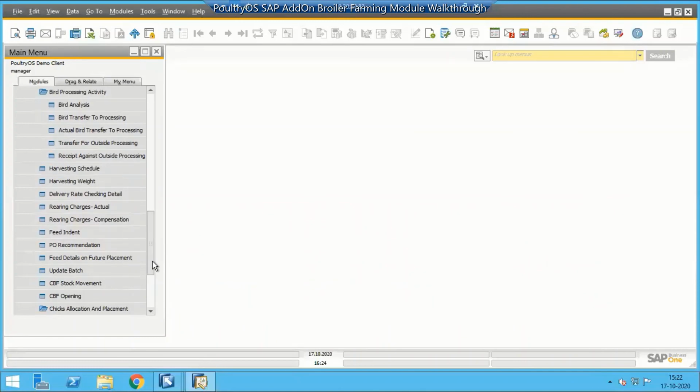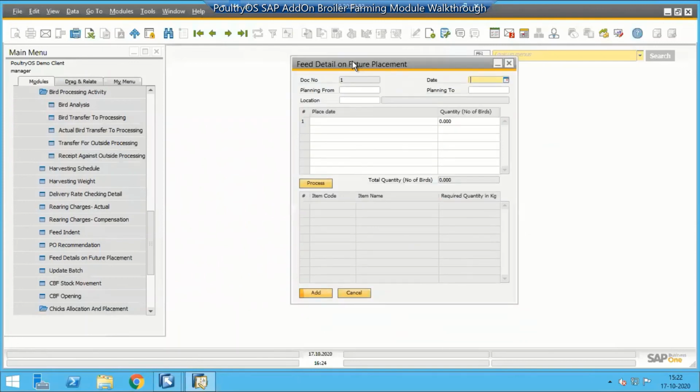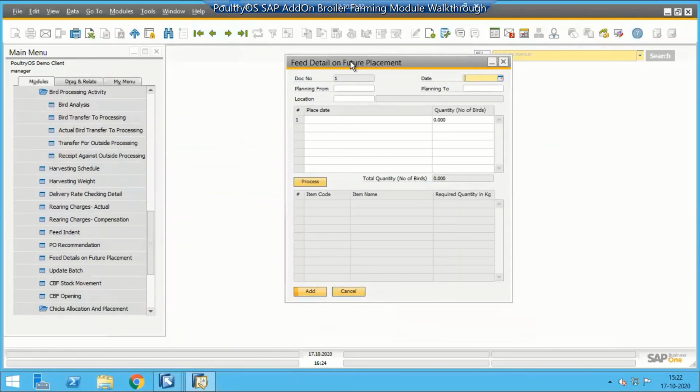Then here we have the future placement detail. If you want to calculate the feed requirement for a future placement, say right now the month is October and you want to calculate for December, you just need to add your assumed placement date and assumed quantity.